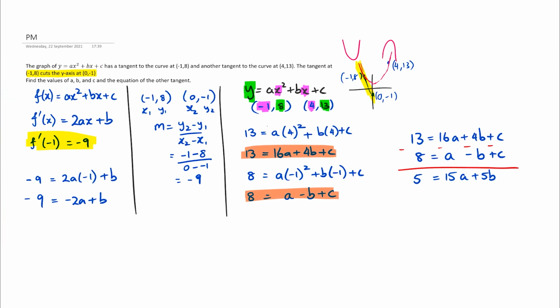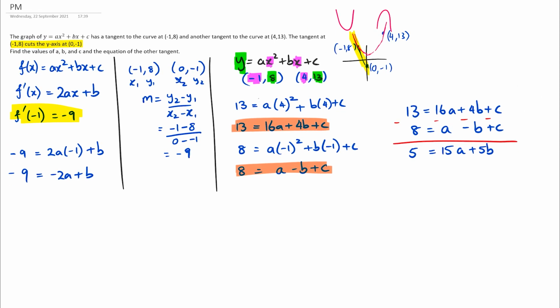So what you would have noticed is now I've got a set of simultaneous equations, my first one being here and my second one being here, and using those two I can figure out what a and b are. So I'm going to take this out here. I've got -9 equals -2a plus b. Rearrange it, so I've got b is equal to -9 plus 2a, and then I'm going to substitute b in